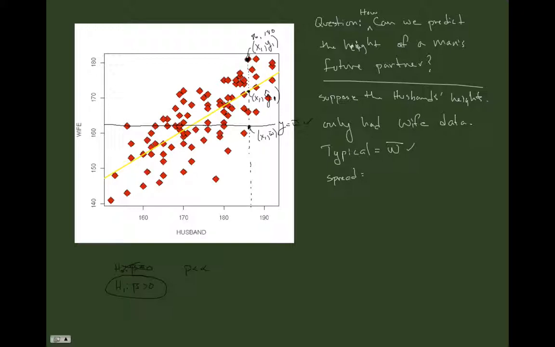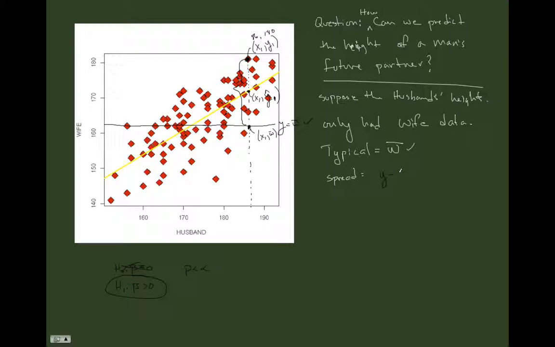If the null is true, then my measure of spread is going to be reflected by this total distance, okay? So if the null cannot be rejected, then we're stuck. Then the best thing to do would be to use the average of the women's heights and to consider the deviations in terms of distance from w bar up to the actual observed value. So the deviation is going to be the y value minus